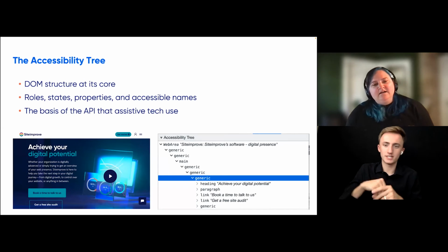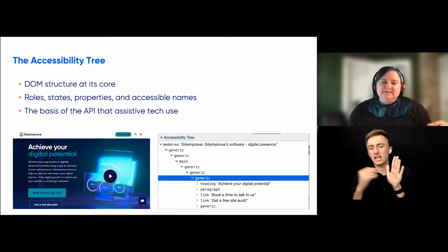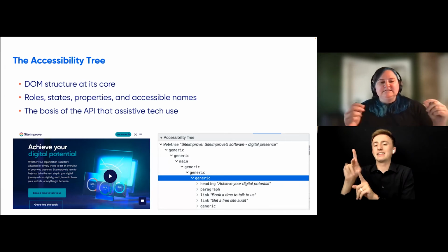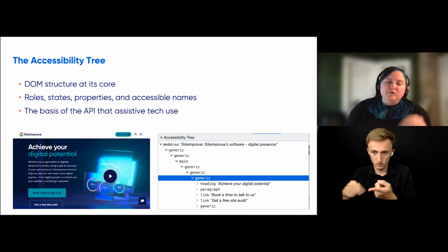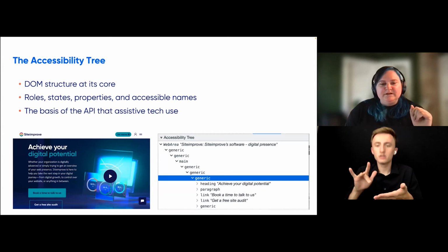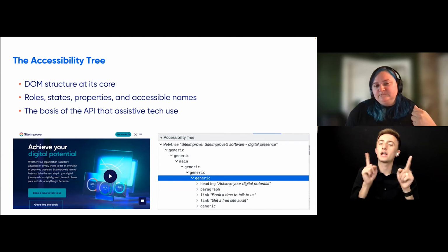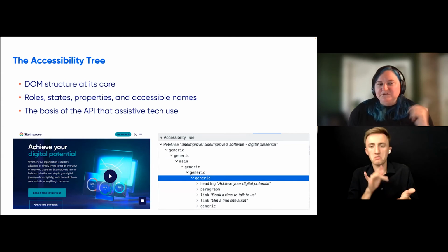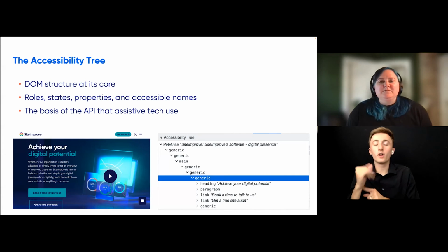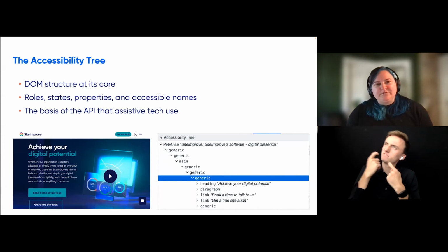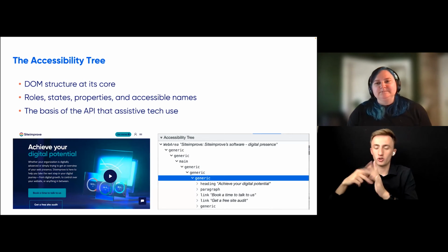And the text that shows up, especially for link there, that is the book time to talk with us, is the accessible name of that link, which will be communicated when a user focuses on that with whatever tool they're using. That will be announced to them so they know if they should activate it or not, right? So this is a pretty huge tool. If you have questions about if things are going to be communicated correctly, so you don't have to open up a screen reader right away, you can do a little troubleshooting here within your code review first. I always recommend that.